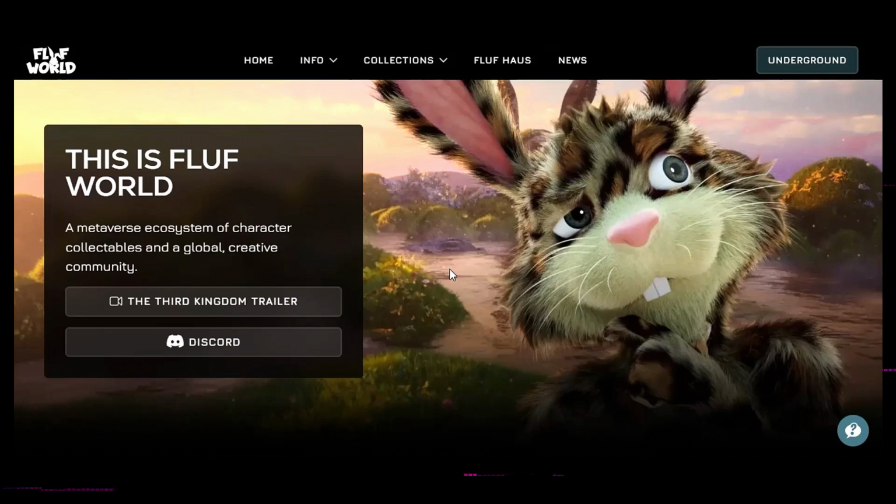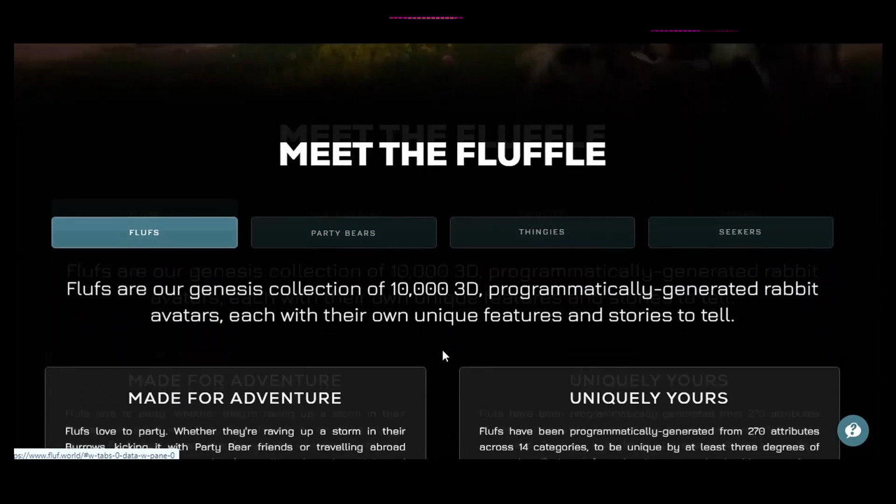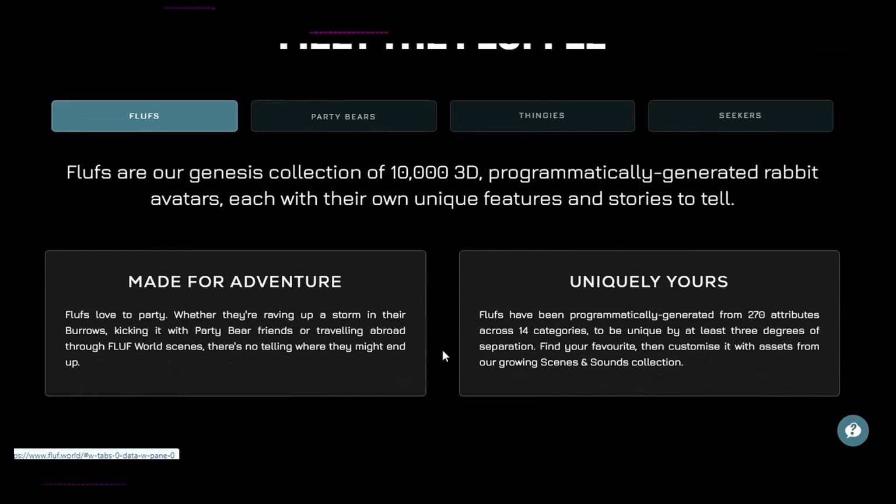All right, we are now going to begin looking at collections. Futureverse has many collections. I'm going to be giving you a basic overview of all of these collections. I'm not going to give you a deep dive into any of them. This is just going to be a basic overview about what the collections are and how they can contribute to your future score. All right, so scrolling down here, we are going to first and foremost see the fluffs.